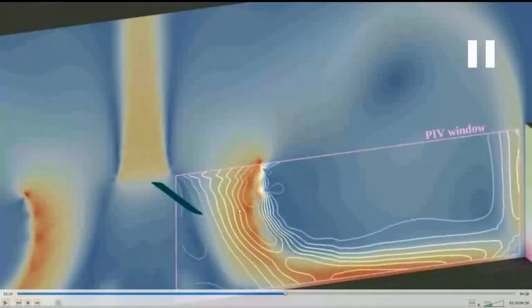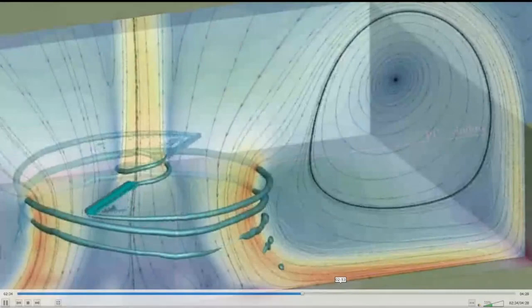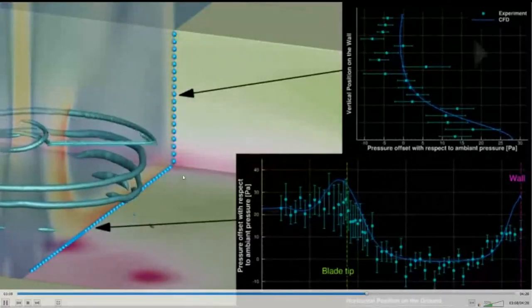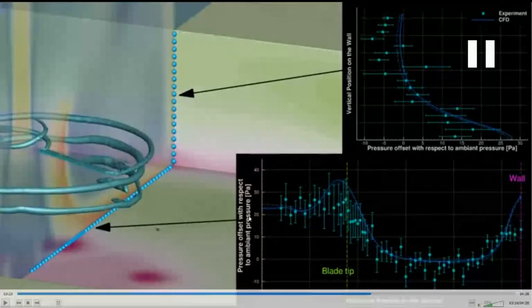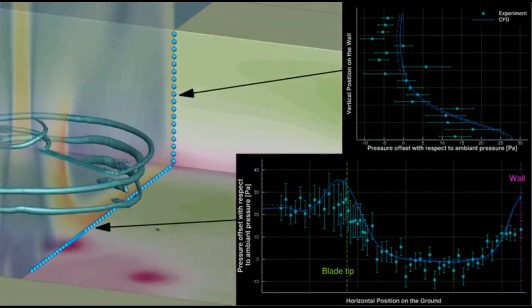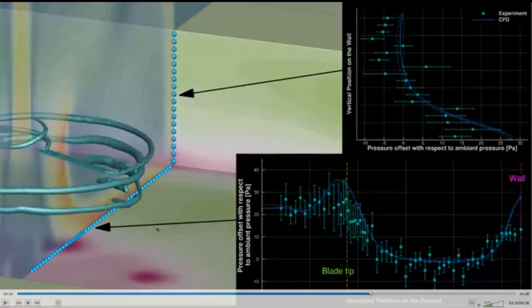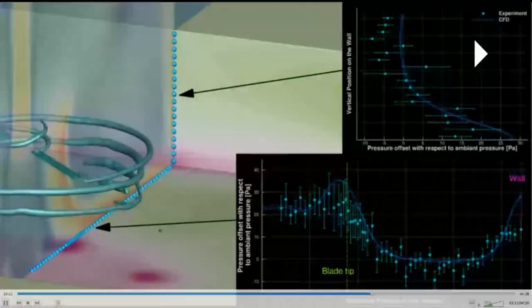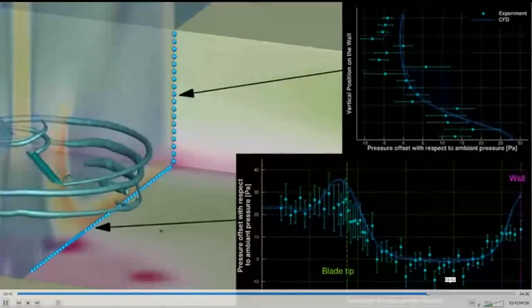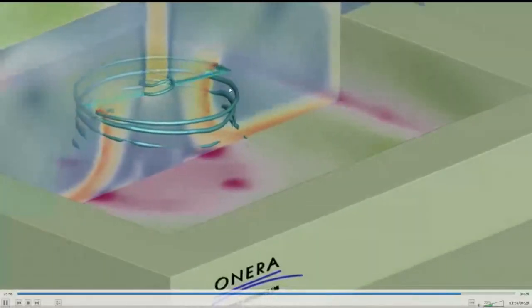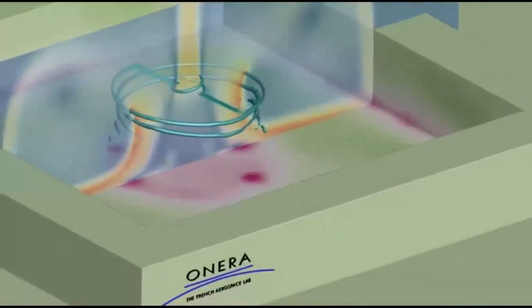Okay, so for various times, this type of analysis has been done. So you can see the variation, pressure offset with respect to ambient pressure. So how the blade tip is behaving, and the wall, right? The wall is nothing but the ground, they have taken it as wall. I hope you are already aware of this ANSYS and all, so I'm not going to explain. This is just for understanding how the ground effect is playing the major role and to see the tip formation. Okay,